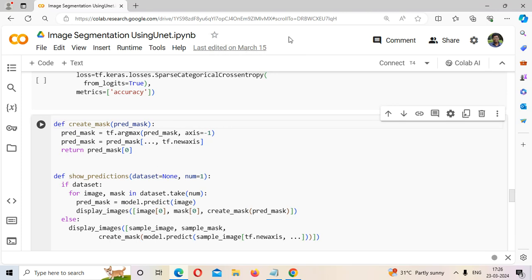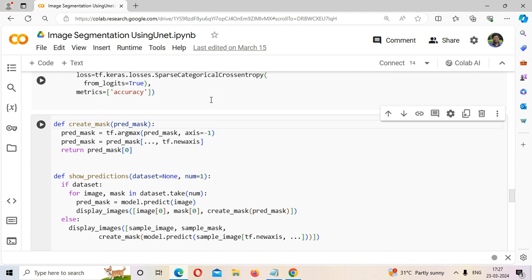create so many applications, and especially it is invented for the biomedical industry also, or biomedical applications. Today we are going to see how we can use Unet with the help of image segmentation. Image segmentation is a process of dividing the image into multiple parts, and these parts are used for enhancement and for further analysis also. Let's start the implementation of Unet